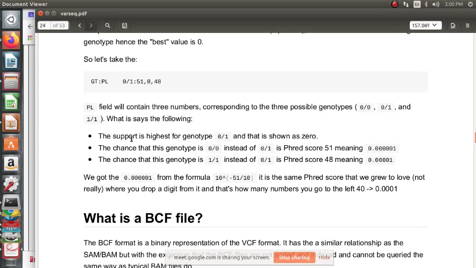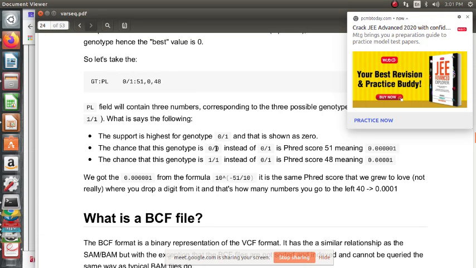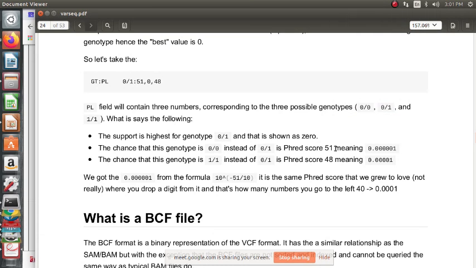So the support is highest for genotype 0/1, and that is shown as 0. Yes, the chance that the genotype is 0/0 is 51, that is 0.00001, and the chance that the genotype is 1/1 instead of 0/1 is going to be 0.0001.